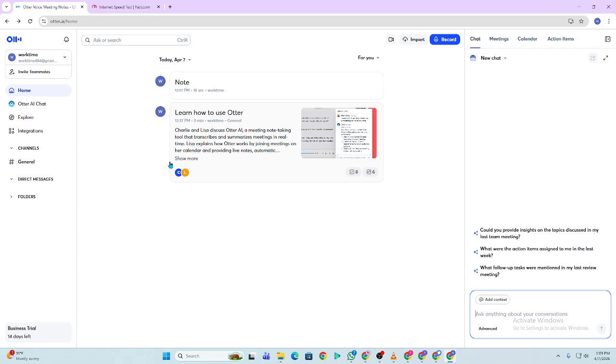Finally, check your account limits. Some export features may be restricted based on your plan. And that's it. These steps should fix most export issues in